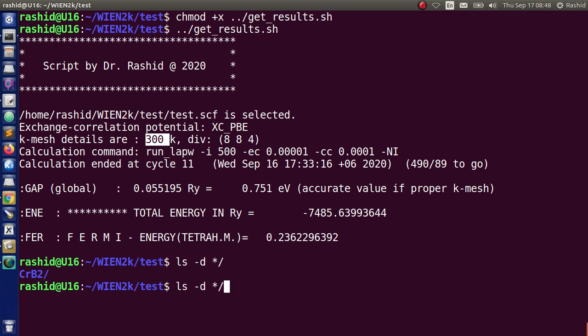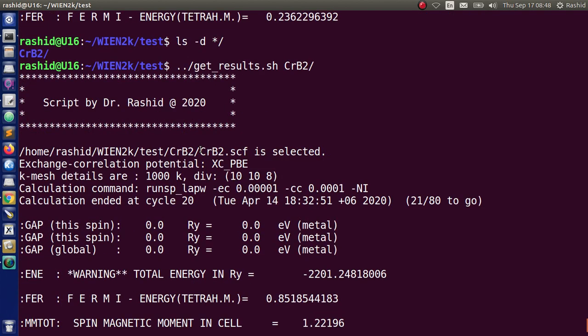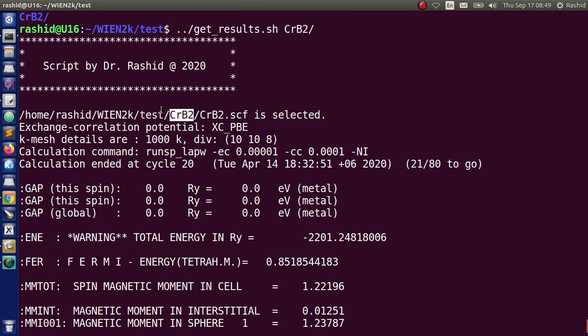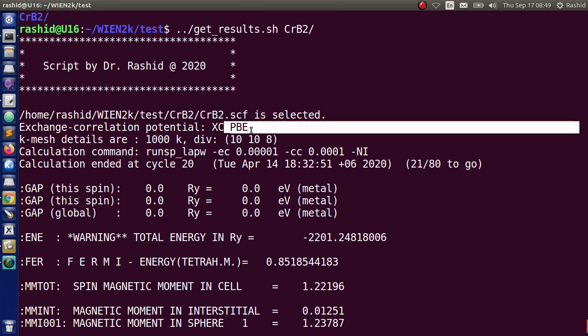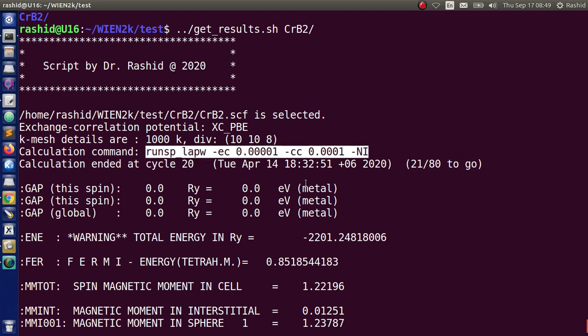Then if you use the folder name as the argument for this script, it will print the result from the SCF file in that defined folder. So you can see which SCF file is selected, what the potential was, and what the KMS details were. Actually these details are printed from the klist file, and also what command was used.